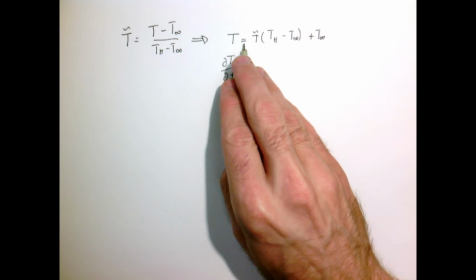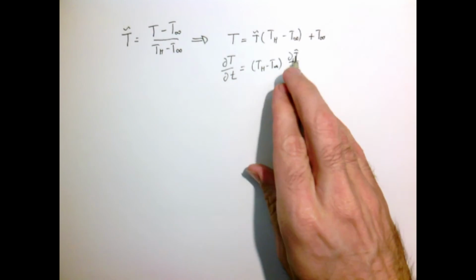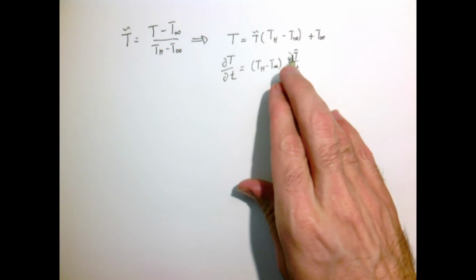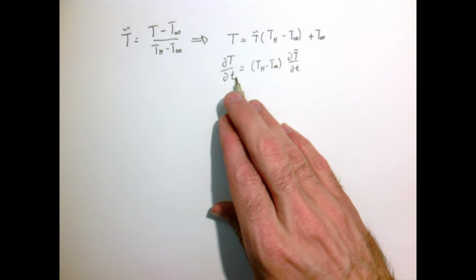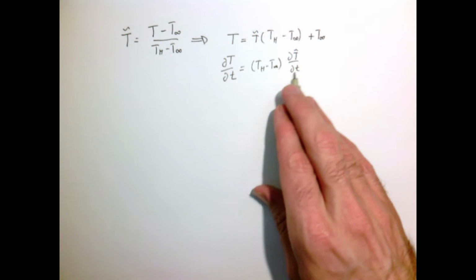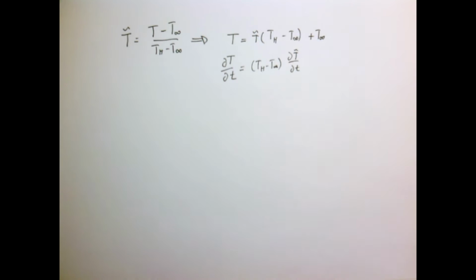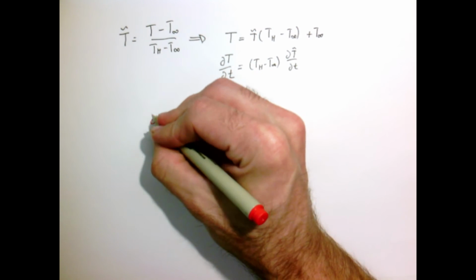And when I take the derivative of this, my constant difference, T hot minus T infinity, can be factored out front, but the derivative of a constant with respect to time or space is always going to be 0. So I can always basically get rid of that constant. So our equations then,